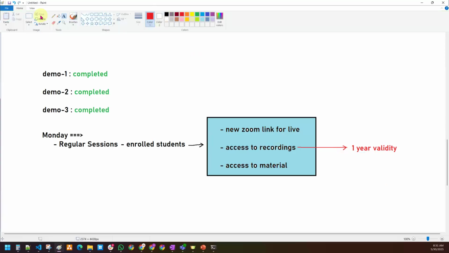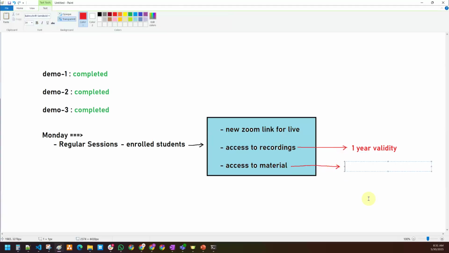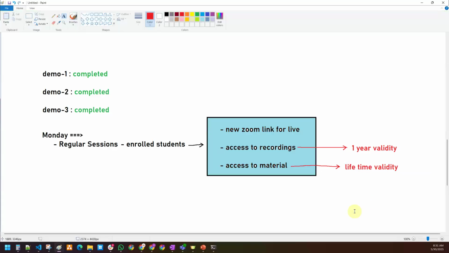And the access to the material is lifetime, guys, because this is a live link. It always changes whenever I cover something new, so you will have updated material even after the course completion.